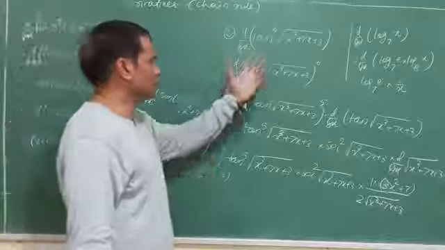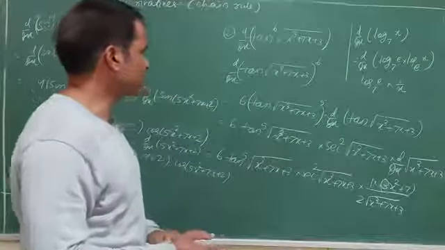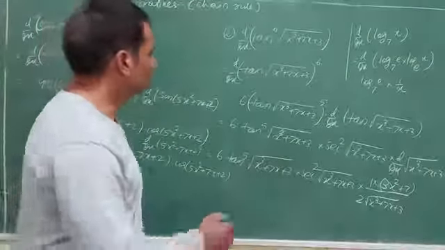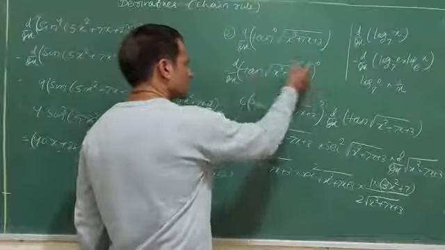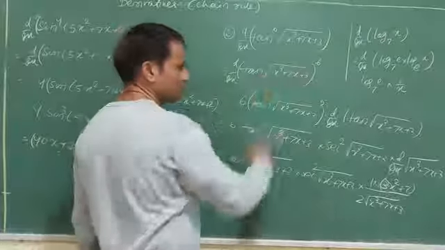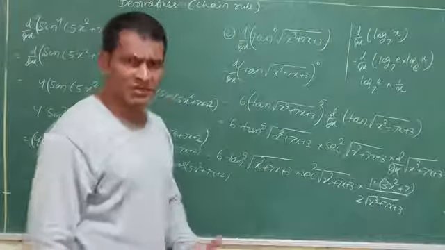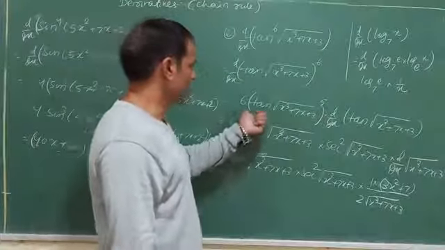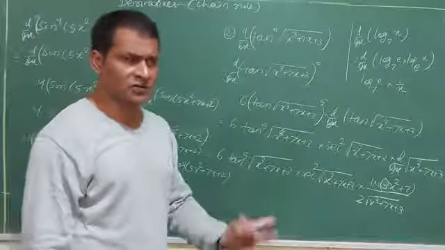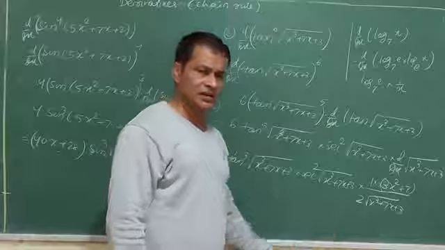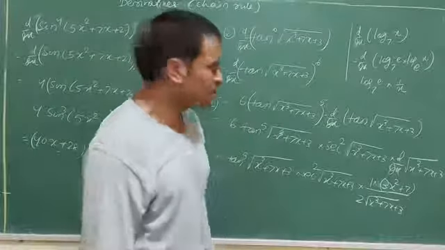Let's come back to another question. Differentiate tan to the power 6 of under root x cube plus 7x plus 3. Write it down in this way. Once you practice it, there is no need to write down this step as well. Directly you can solve. Some students ask me, sir, can I write down the answers in one line? Yes, if it is an easy question, you can write down the final answer in one line. But for that, you have to practice it.